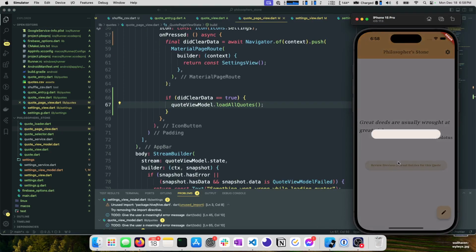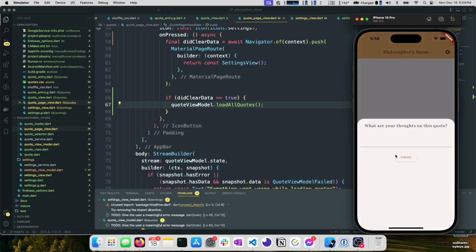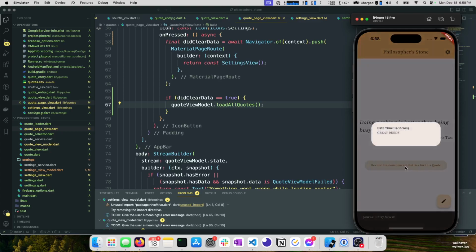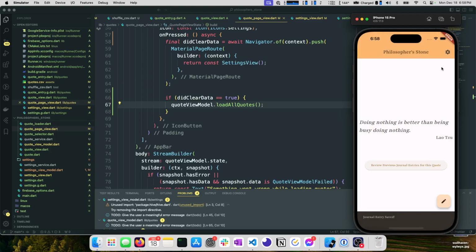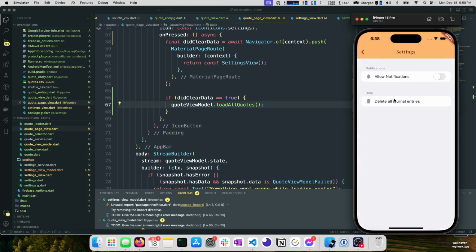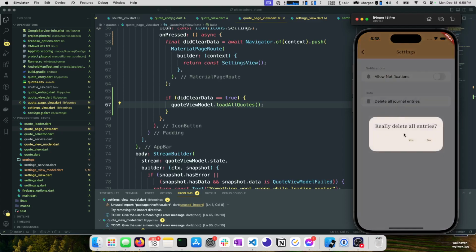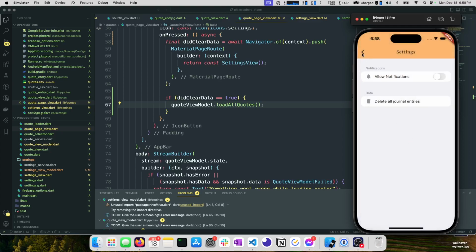Great deeds are usually wrought at great risks. There's no items. Great deeds in all caps. So we submit this, we hit here, we can see that our item shows up. That's fantastic. Now if we come here and we hit delete all journal entries and we say yes, then we